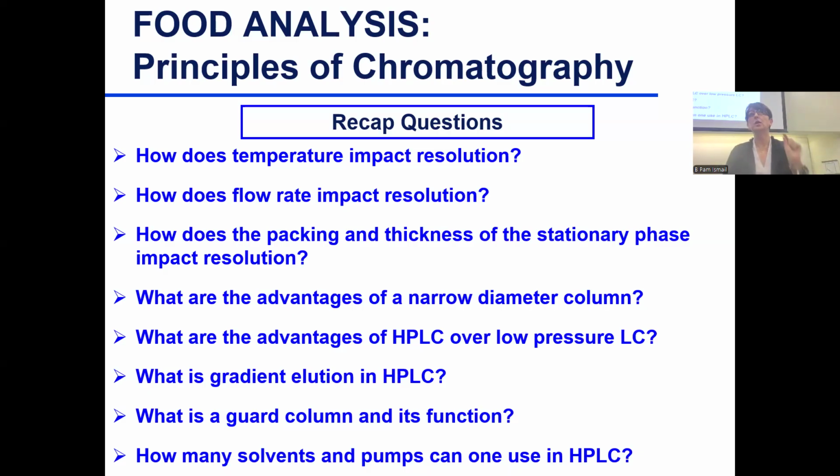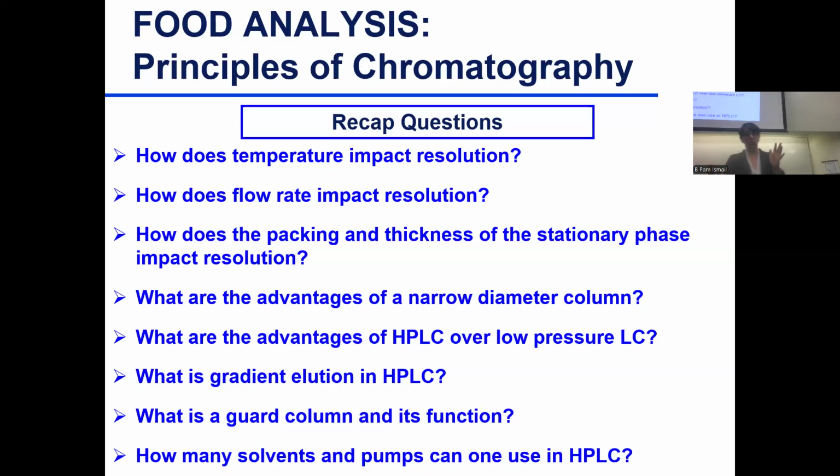In addition, it will enhance resolution of compounds because you will reach equilibrium faster. Because of thermodynamics, your components transition between stationary phase and mobile phase to reach an equilibrium faster. So you will have really nice, sharp, well-separated peaks. Of course, you don't want to exceed the temperature so that movement is too fast for equilibrium and